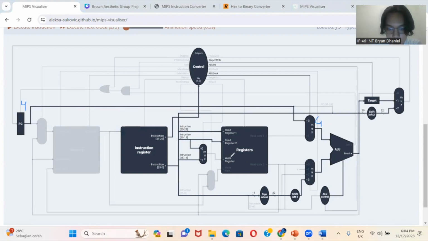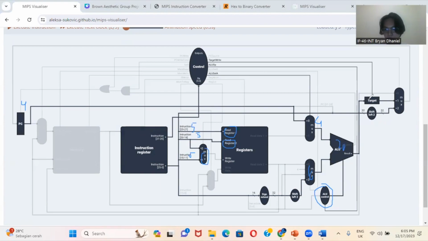Now I have to explain this. The instruction bits 25 until 21, we know that it's 5, so 5 goes to read register, and then 5 here goes to register 2, and 5 here also goes to the multiplexer. And then the sign extend goes from 16, and the output is 32, and then it will be 16. We know that there is still ALU control. It means that we need to add, the addition signal. So we add the 4 with 16, which is 20.